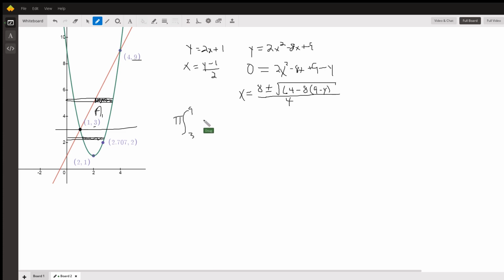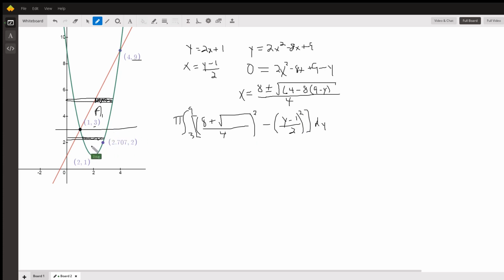Well, that would be 8 plus, and I'm just going to write the square root symbol here, all over 4, the quantity squared, minus the inner radius, which would be y minus 1 all over 2, quantity squared. And if I put this in brackets and say dy,